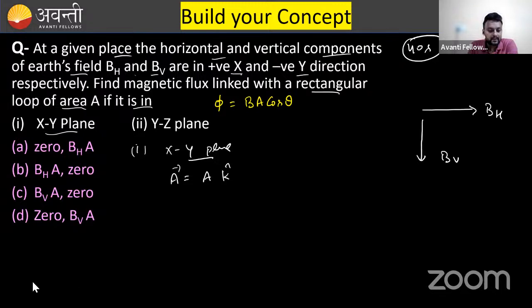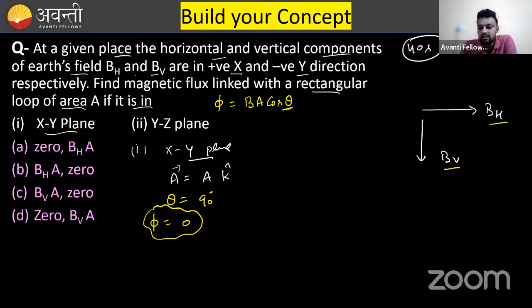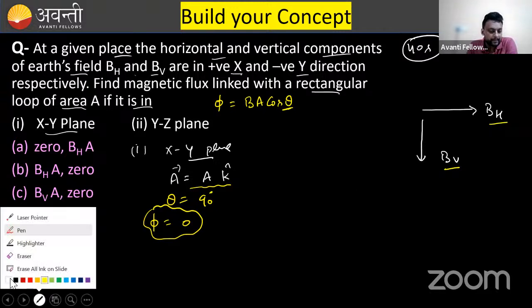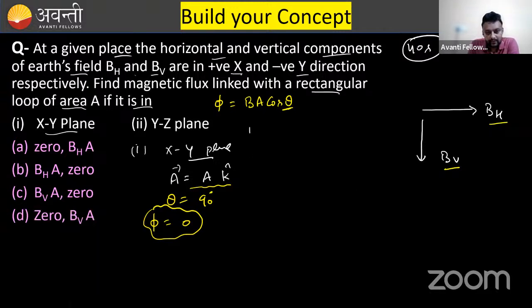Now, if I say both the magnetic fields, one is in the X direction, another is in the Y direction. So can you see that angle theta will be 90 degrees? This theta will be 90 degrees. So the flux will be zero. Flux will be zero. Is it clear? The first statement is clear because the area is in the Z direction, that means perpendicular to both these fields. Now coming to the second part,